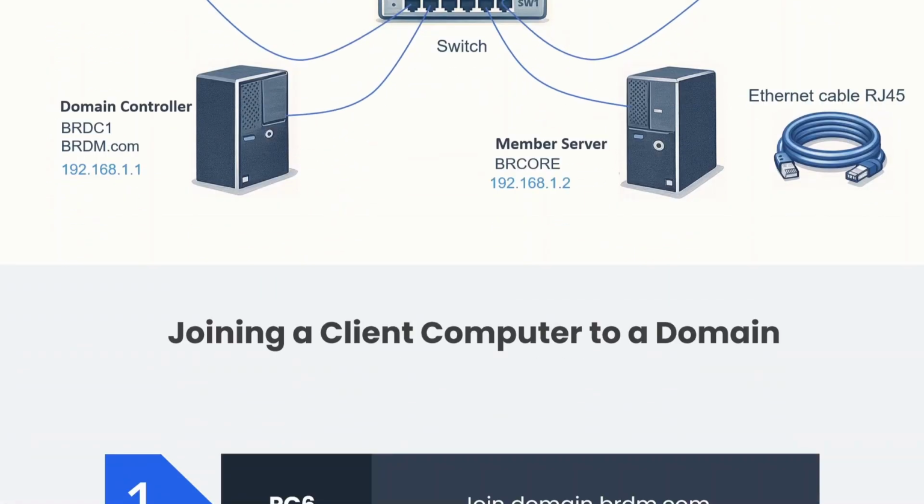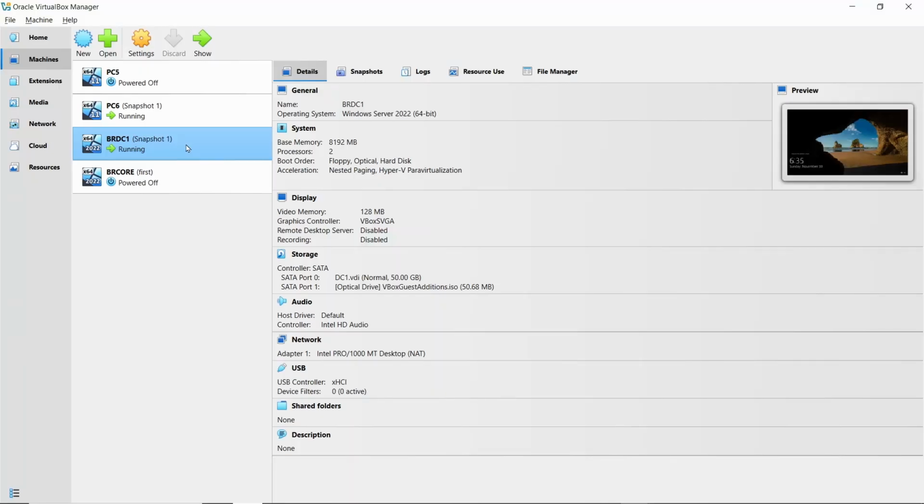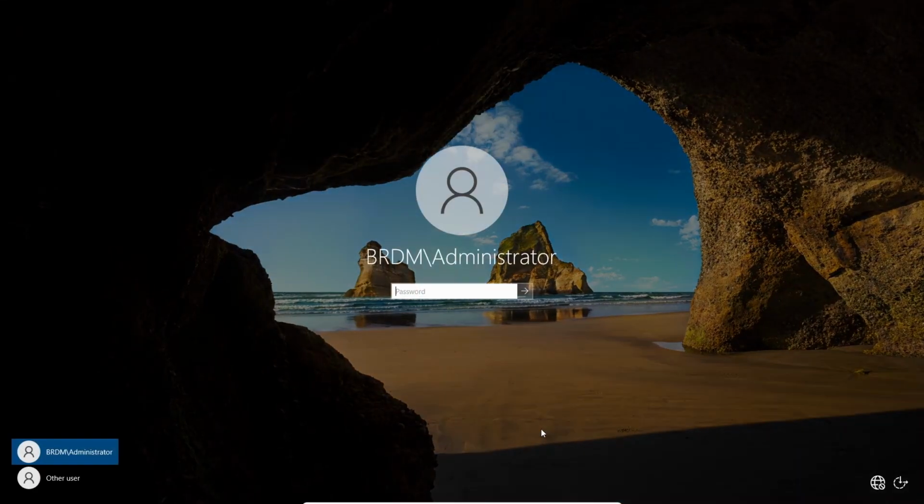So let's get started. The first device we're going to join is PC6, one of my Windows 11 client machines, and it will be joining the domain prdm.com. So let's go to the virtual machine. Both of our virtual machines are up and running: BRDC1, which is our domain controller, and PC6, which will be joining the domain. So let's start with the domain controller. I'll log in using Input, Ctrl-Alt-Delete, type your password,